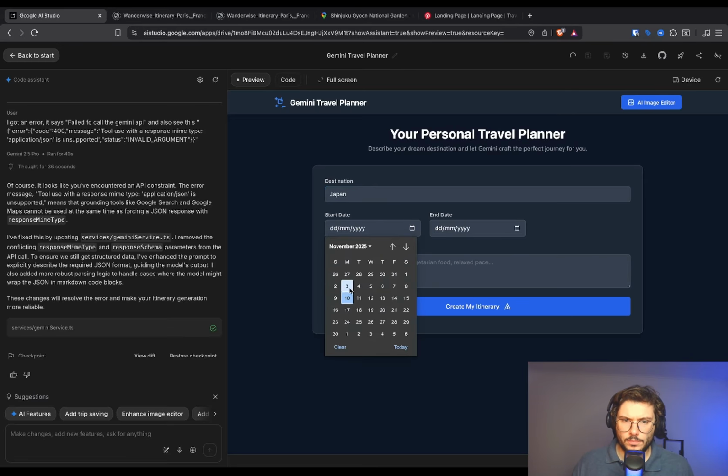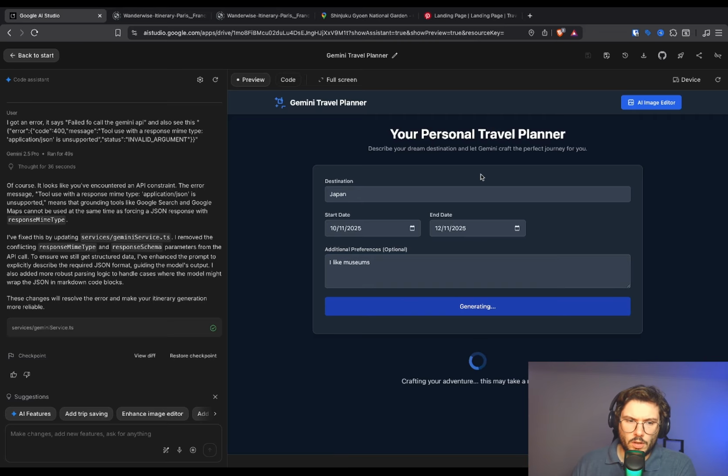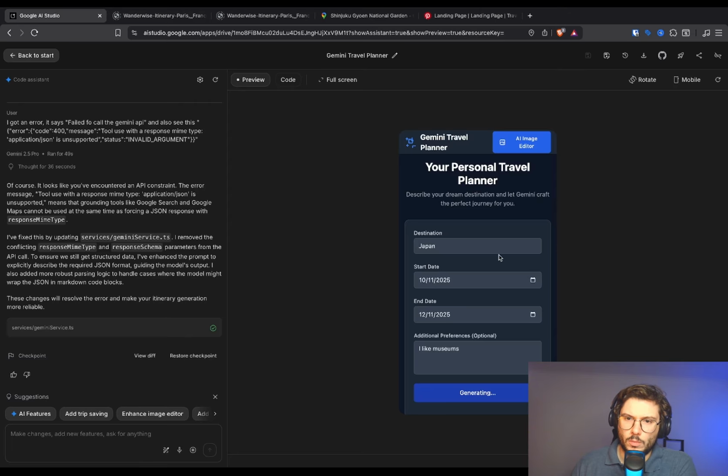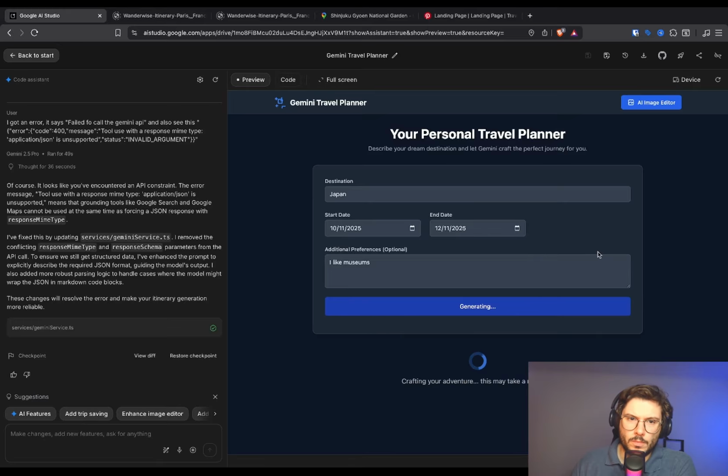Same thing. Let's send, and now I can see it actually seems to be doing something. Let's give it some time. While it generates, as I said before, we can click here on the device and we can see how it would look on mobile, for example, or even other dimensions, or we can just go back to as we were. You can also see there's something weird here. So for some reason it created an AI image editor, so we'll also remove this next,